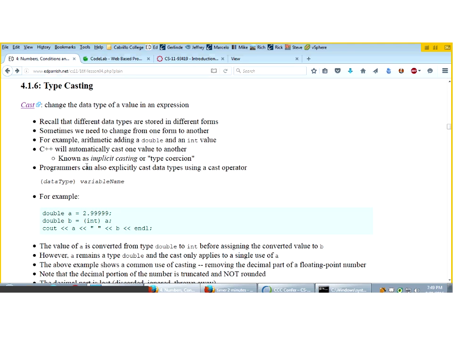C++ does it automatically, but we can also explicitly tell C++ to do that to a particular value. It doesn't change the variable value, it just changes the value as it is in the arithmetic expression at that time. The way we do it is we put the data type inside of parentheses. As an example,